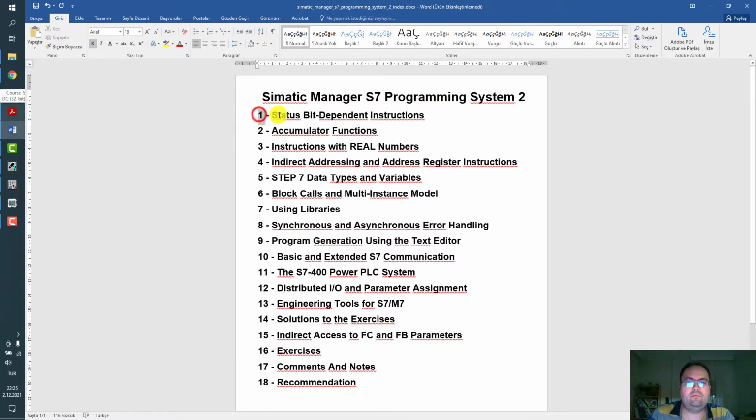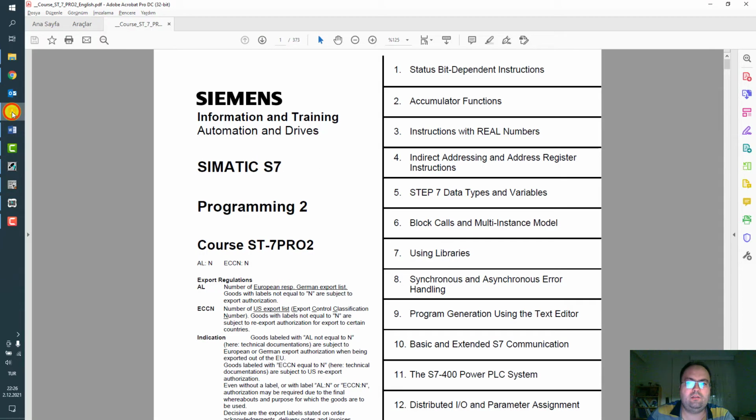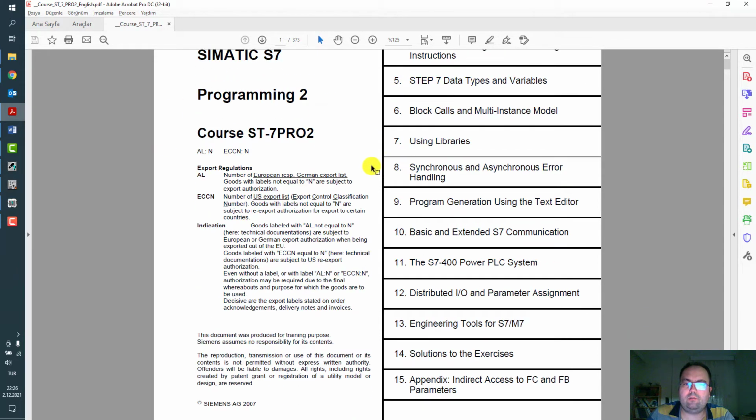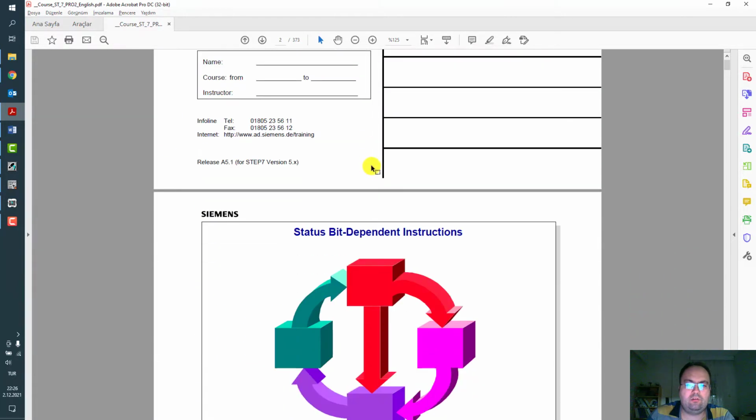Chapter 1, Status Bit Dependent Instructions. In this chapter we will look together at the status word, the bits of the status word structure, and their meaning. So these are our lecture notes,